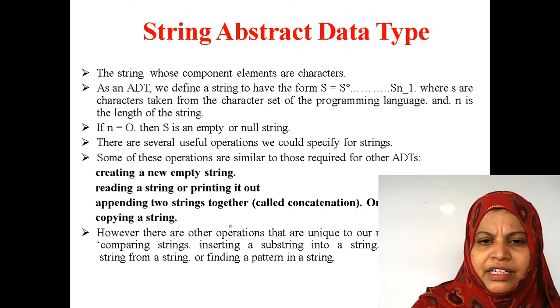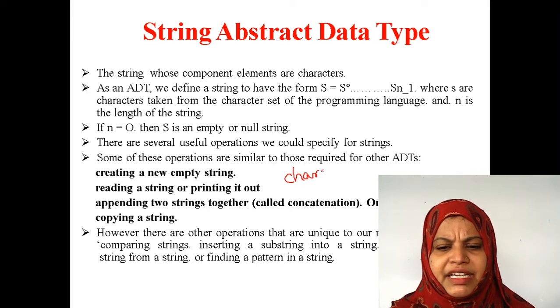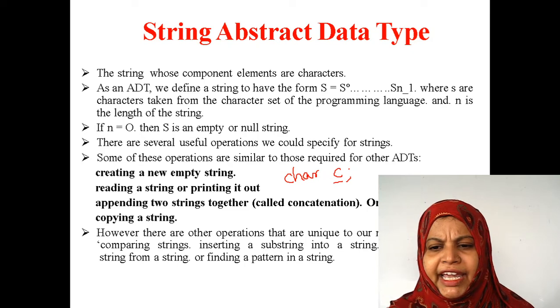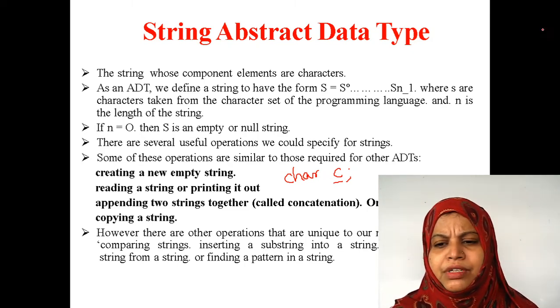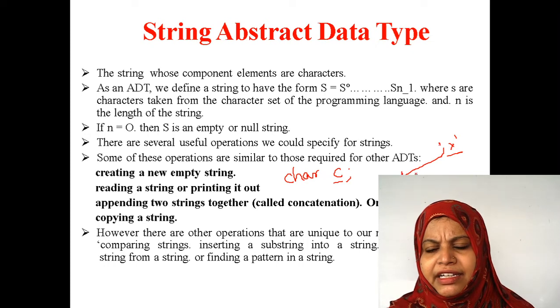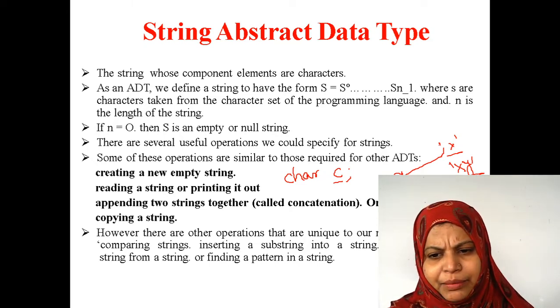For example, here I am going to write char C. Char C means here C is the character data type. So I can store A value, B value, C value, or X value in that particular variable C, right. Here it is not possible to store X comma Y value in that variable C. Why? Because here C is a character data type, XY is the string.